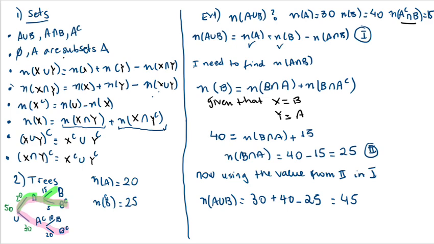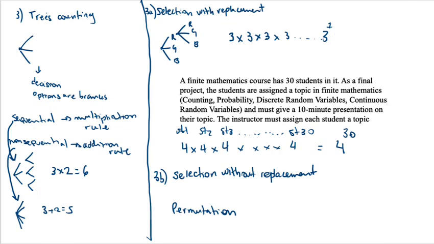Then I'm going to continue growing our toolbox. Number 3 is trees that are used for counting problems, right? So it doesn't mean that I have to branch only in 2 possibilities. I can have more